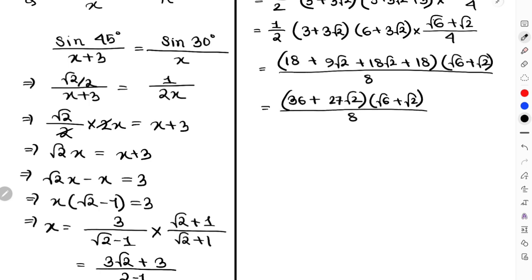We cannot simplify anything, so we have to further multiply, so that will be 36 root 6 and 36 root 2. 27 root 2 with root 6 gives you 54 root 3. Wait 1 minute, 6 into 2 is 12. Yeah, 54 root 3 and eventually 18 root 2 into just root 2 should give you 36 again,